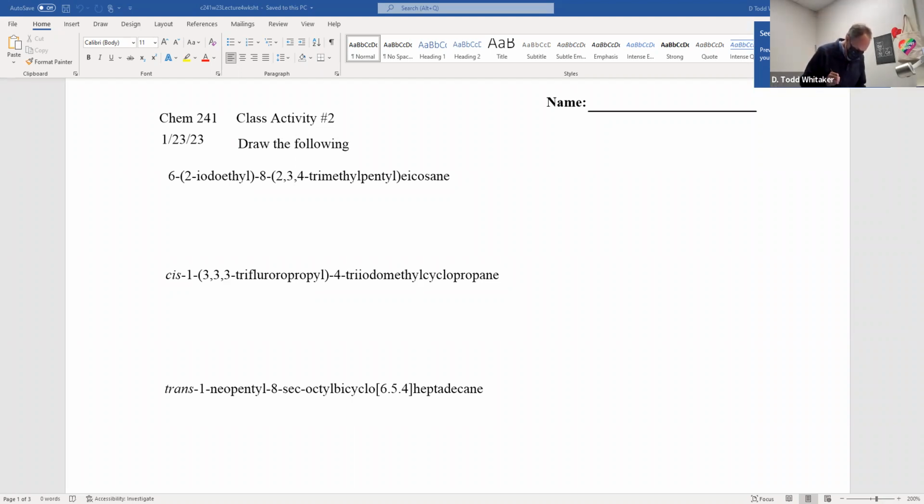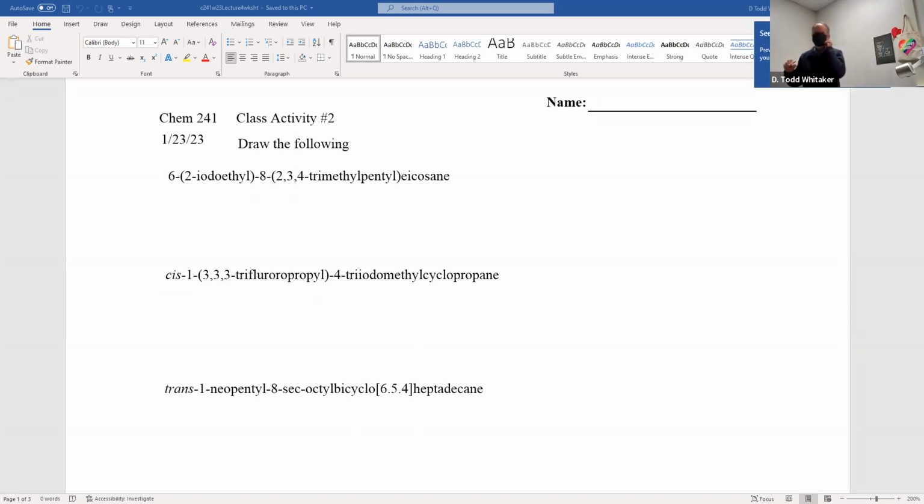And on carbon 2, we have to draw a triiodomethyl. How come there's no parentheses? It's got a group on a group, but this time there's no parentheses. It's a methyl, isn't it? Do you have to tell me where on the methyl the groups are attached? Because that's the only thing the parentheses are for, to tell me where in your group things are attached. There's only one place to put groups on a methyl, it's the methyl. So you're going to put on carbon 2, CF3, or on carbon 2, you can go like this.